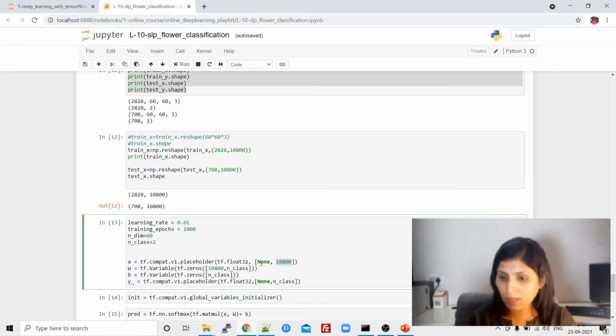Because this value and this value would be the same forever, whatever you write here in weights, you have to write the same thing. So we have these many pixel values, and we need a weight value for every pixel value. And over here, n classes: two output classes. And we need two bias values because we have two output